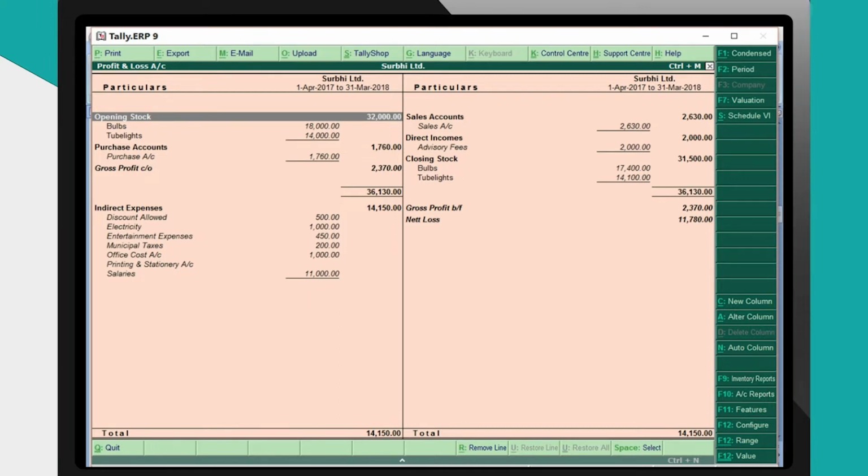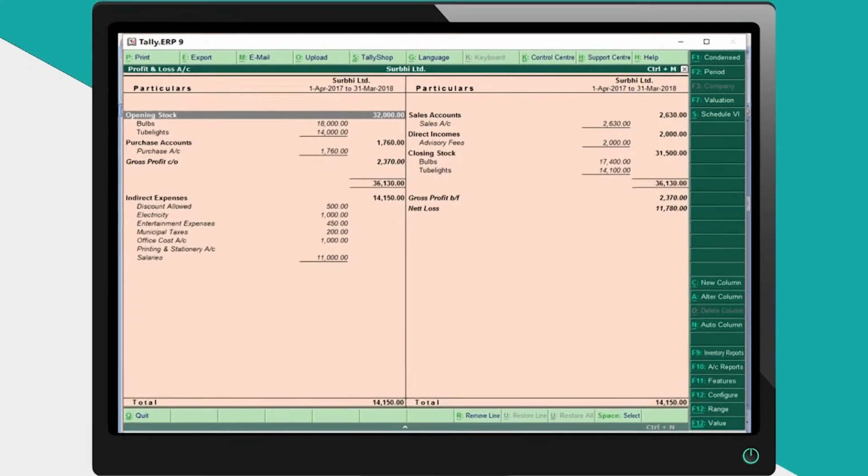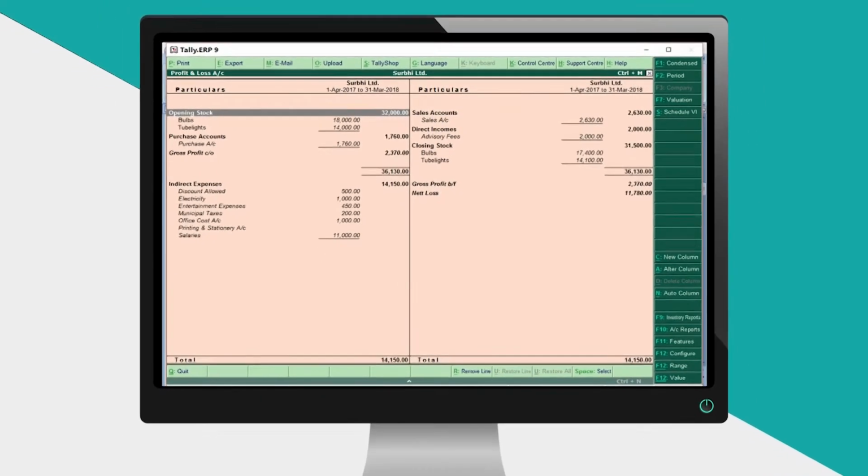On the screen you can see the profit and loss account. This is a detailed form. If you click on the right button panel F1 condensed, then it will be in the condensed form. You can see total is same on both the debit side as well as on the credit side, and the profit and loss is prepared for the period of same